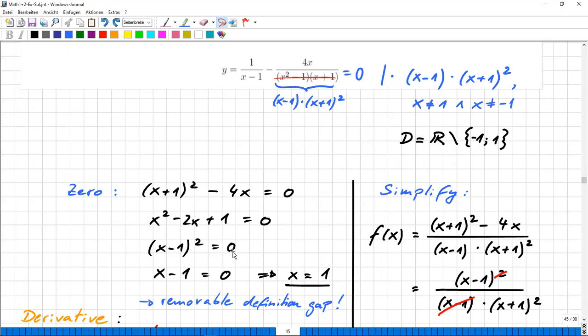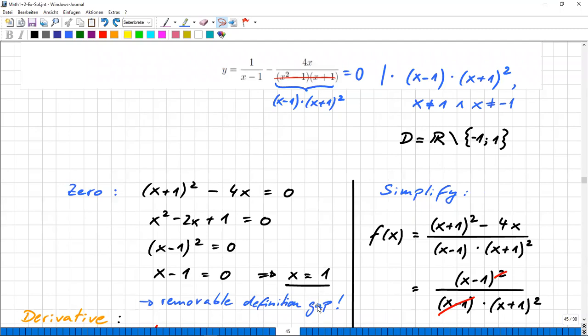0. And now it's almost solved because we can draw the square root. We don't even need a case distinction because the square root of 0 is 0, plus or minus 0, no matter. So we get x minus 1 equals 0, and this means x equals 1. Actually, honestly speaking, this would be a double solution of this equation, but it turns out in the end it's just a simple solution due to a certain removable definition gap,